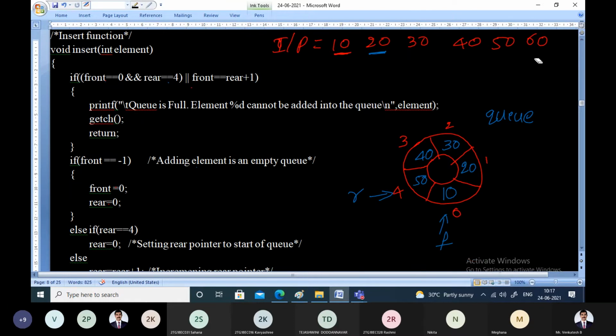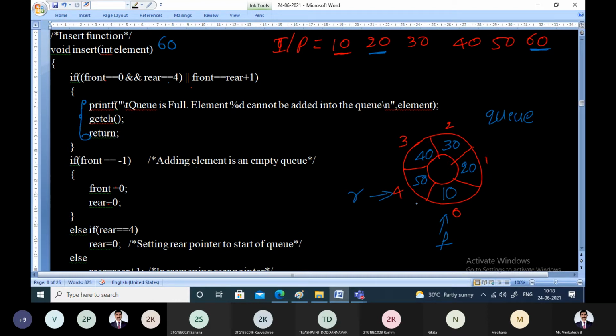Now, if you want to insert one more element called 60, this is where we get the full condition. Element is 60. Check this condition whether front is equal to 0 and rear is equal to 4. Yes, this is the scenario. In this case, what do we do? We will print the statement saying that the queue is full and the element cannot be added into the circular queue.